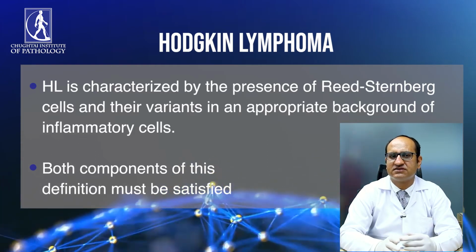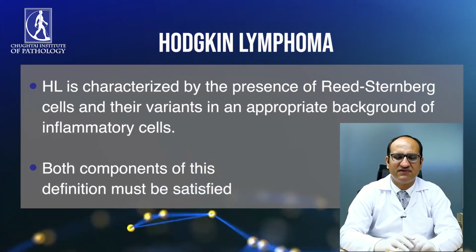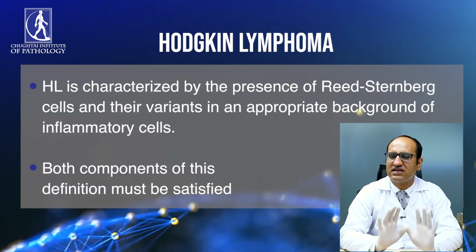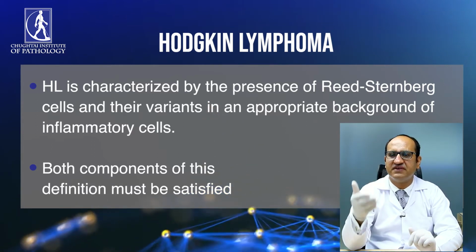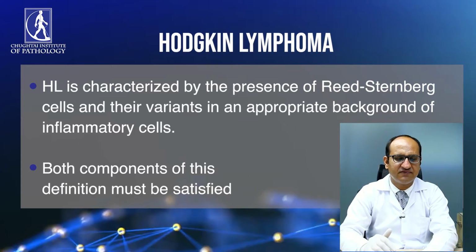Eosinophils can be seen in different types of disorders, like you can see them in different types of T cell non-Hodgkin's lymphoma. So the more important cell is neutrophils. And the other thing that is important practically, especially for trainees, is that you need to look for neutrophils outside the blood vessels. So both components are needed for diagnosing classic Hodgkin lymphoma. You need to have a classic RS cell or its variant in an appropriate inflammatory background that I had already defined.